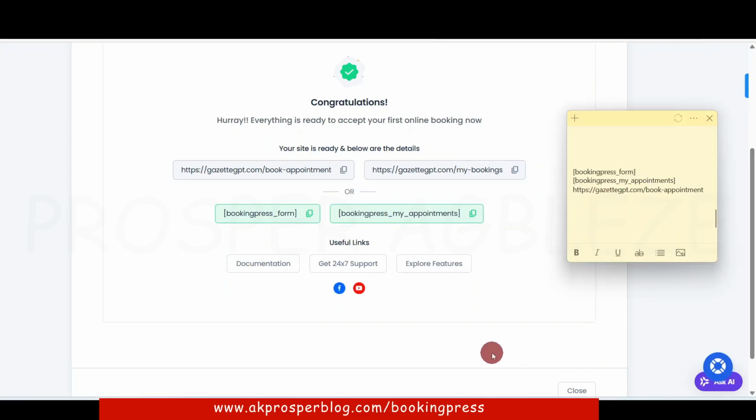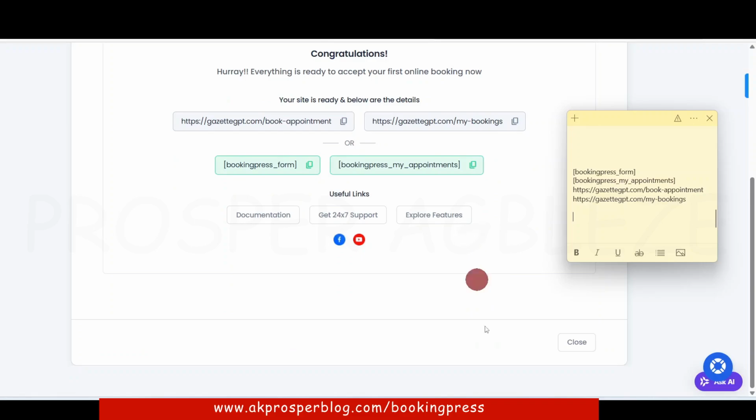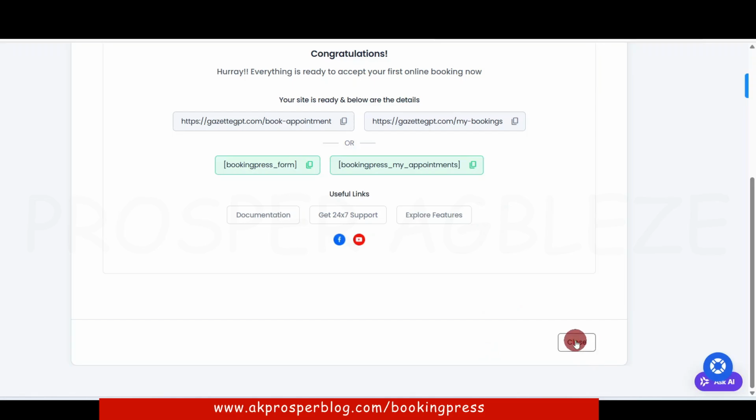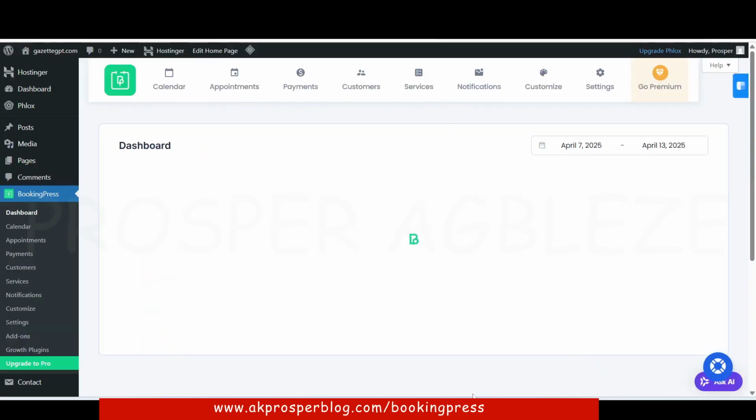Because in case you did not copy this information down, you might not be able to find it directly on the website exactly. But however, this is just the shortcut to it. This shortcode is the same thing across all. Then the link is also the same thing. The only thing that is different will be the domain name. So whatever domain you use /book-appointment, then for this the domain name /my-bookings exactly. So in case you just forget and then you close this, okay, so you can see it here. So just change the domain name, but the shortcode is the same thing to make the plugin appear on the page. So once that is done, I can click on close, and you can see it will take me to